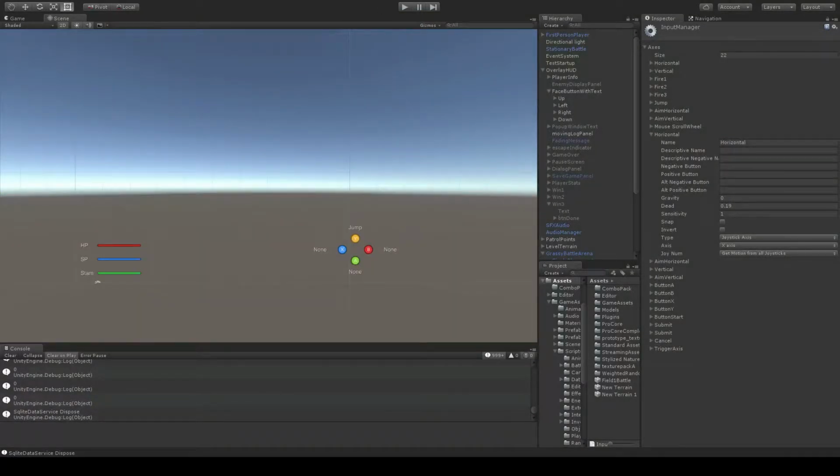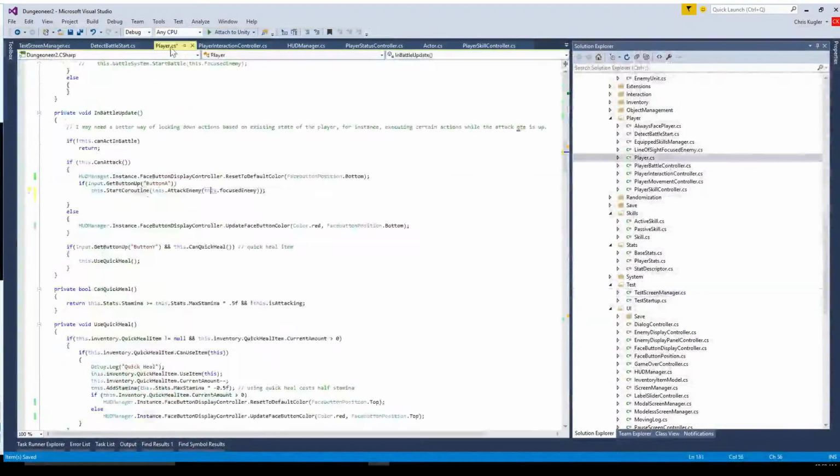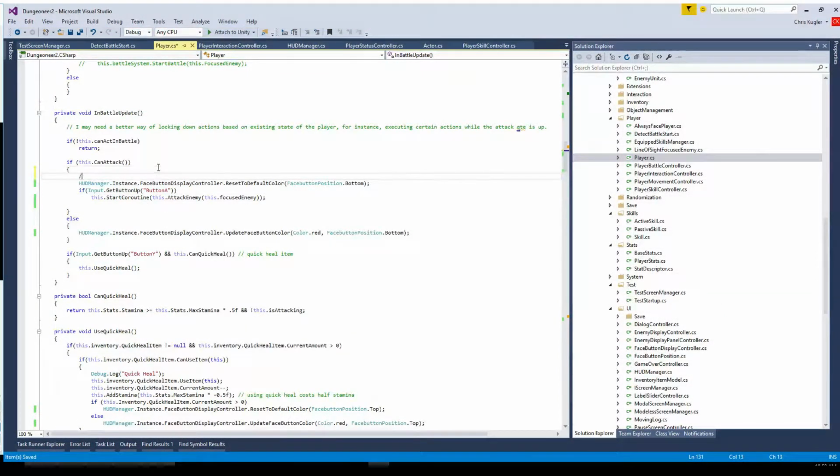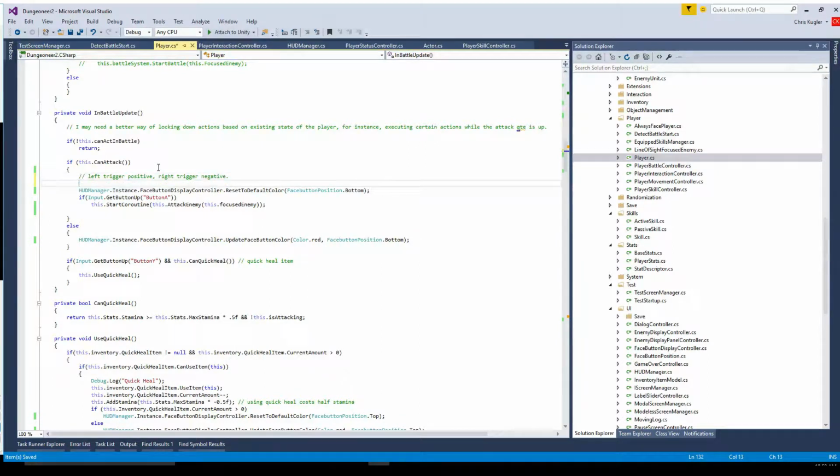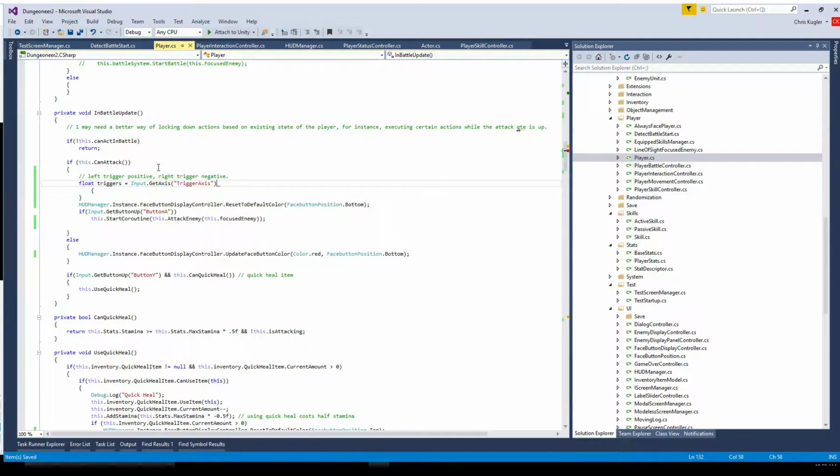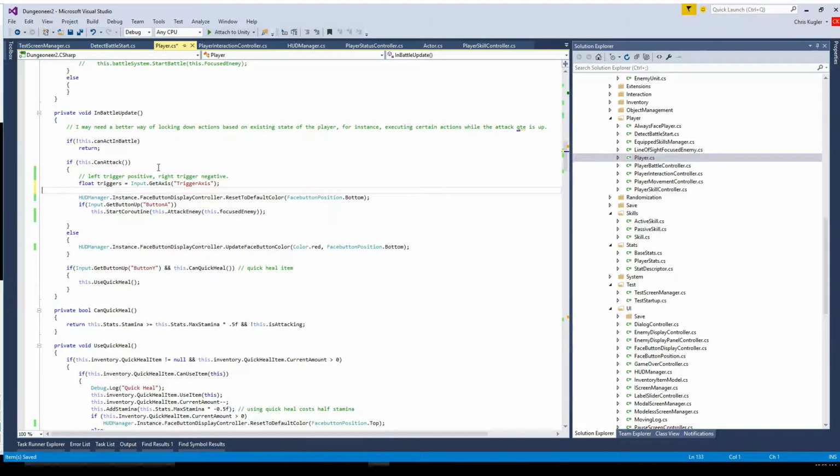Yeah, I'm not going to be that picky with it. So left is positive, right is negative. All right. I'm going to make note of that real quick. Left trigger, positive, right trigger, negative. Okay. Now then, so and